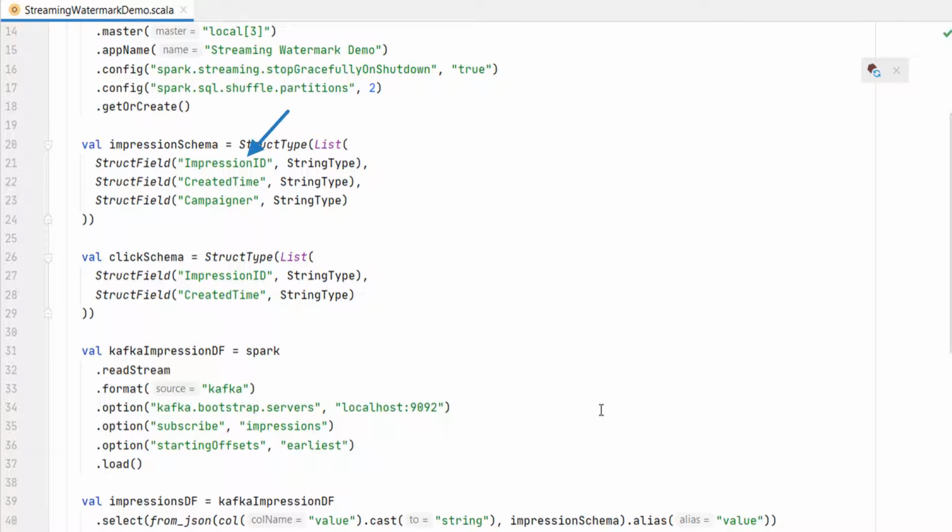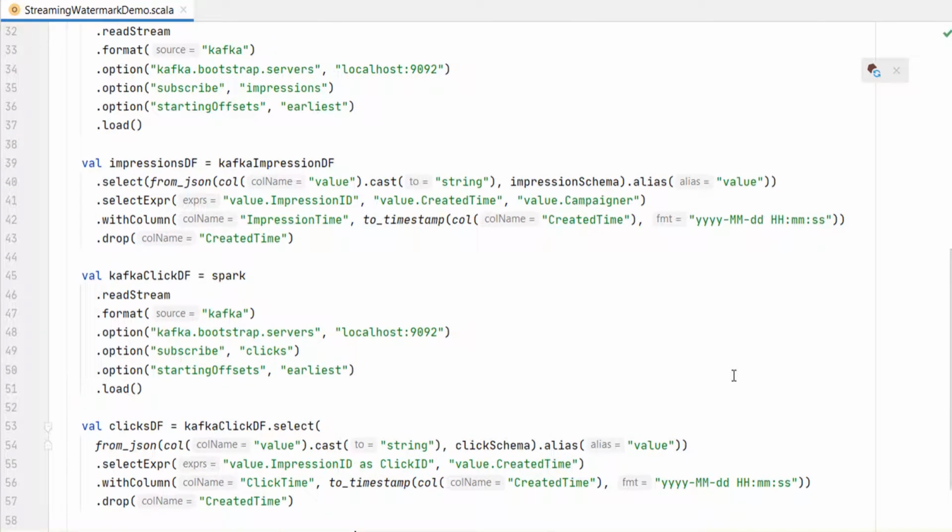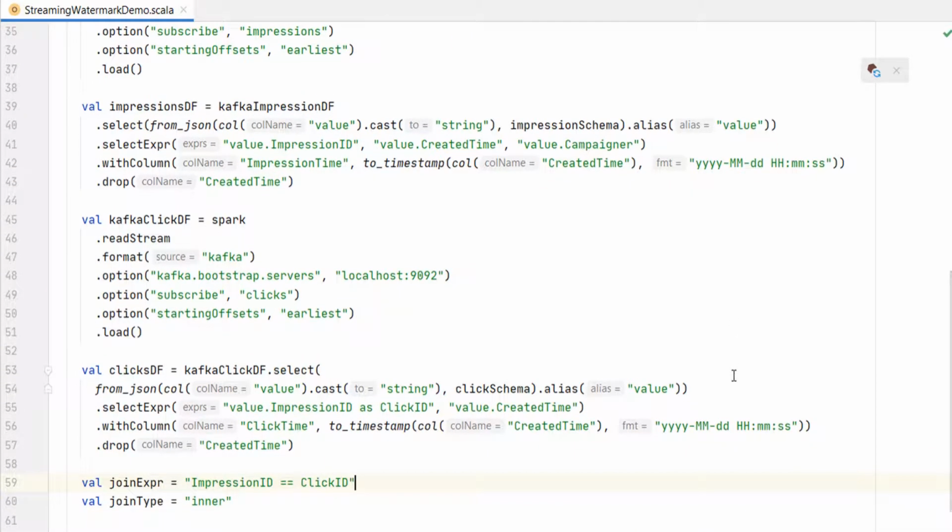What does it mean? An impression ID is always unique and it cannot appear twice. Every time an impression is shown on the portal, it gets a unique ID. The portal ensures it. When a user clicks on the impression, the same impression ID is passed with the click event. So, the impression ID is the ideal candidate to join the impression event with the click event. And that's what we are doing here. That's all. No other change in the data model. If you try running this example, it should work in the same way.